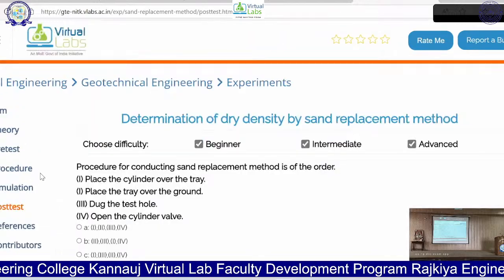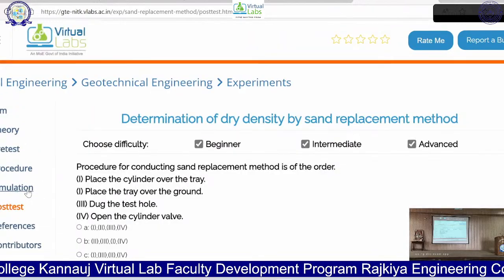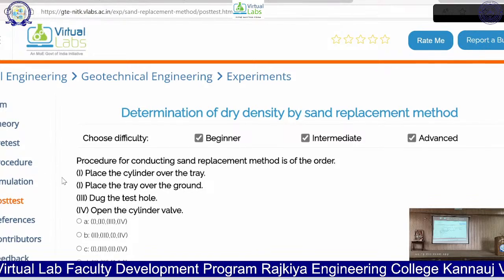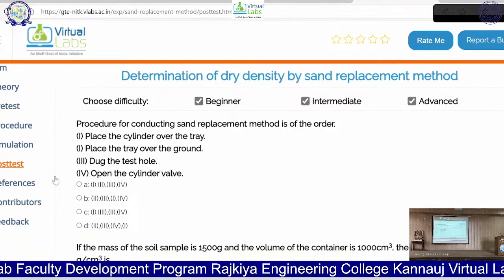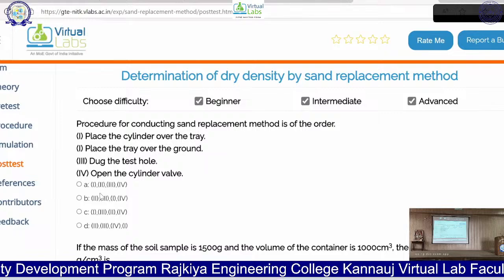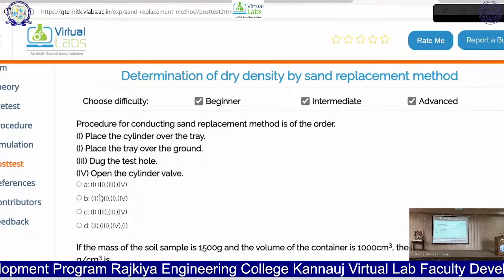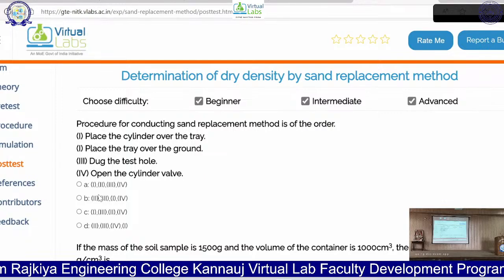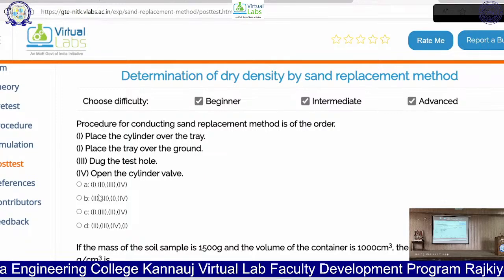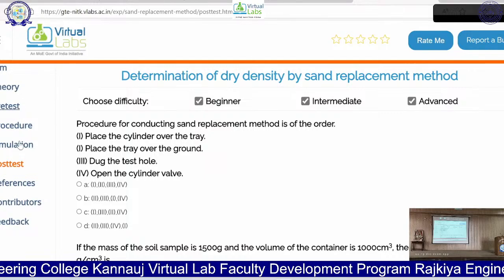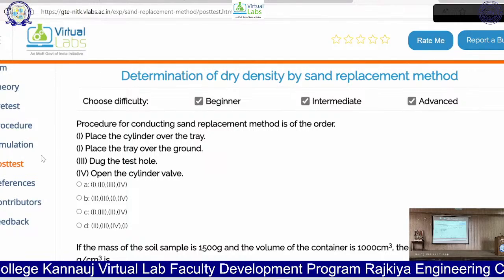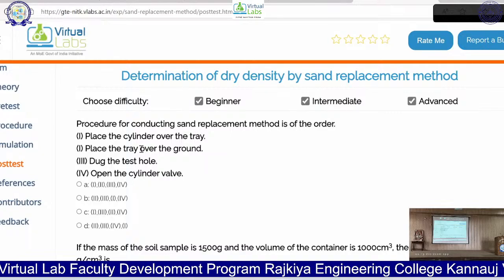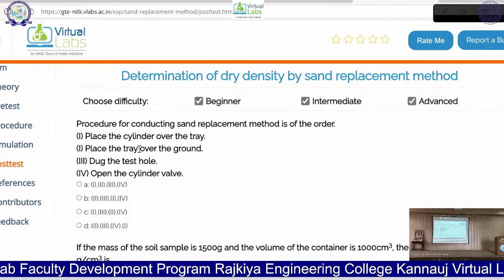Now after performing the simulation and understanding the procedure, we have to go through the post test that will help you to gauge how much understanding you have gained after performing the test. That will help you to assess your performance or your understanding of the concept.